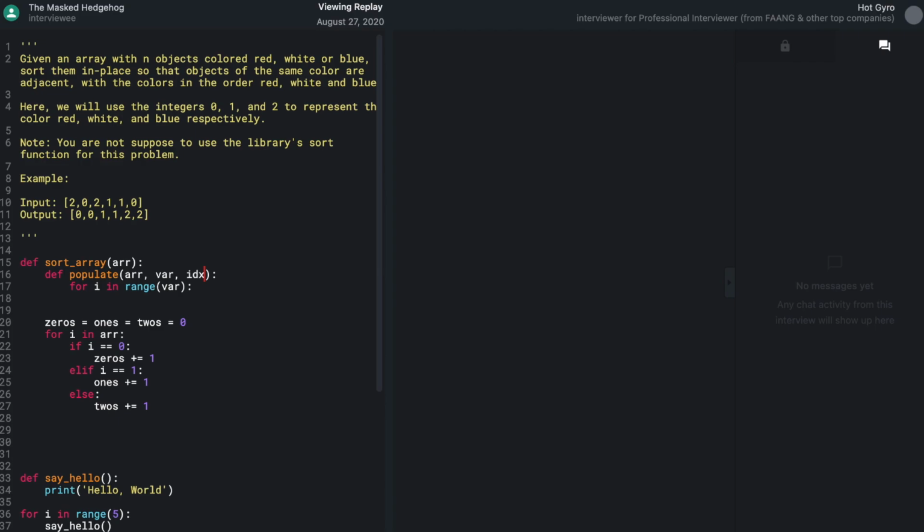I think I'm making it more complicated than it needs to be, but I'll try to attempt this way. For i in range var. So essentially what will happen is